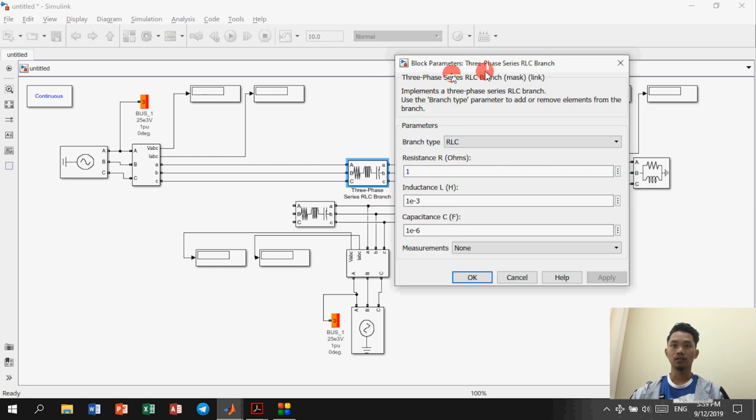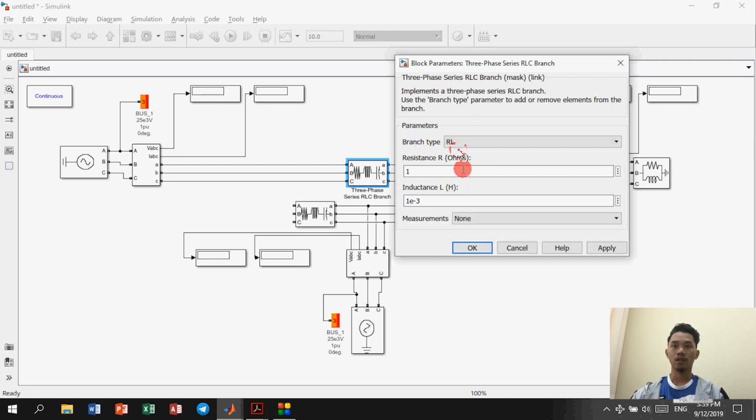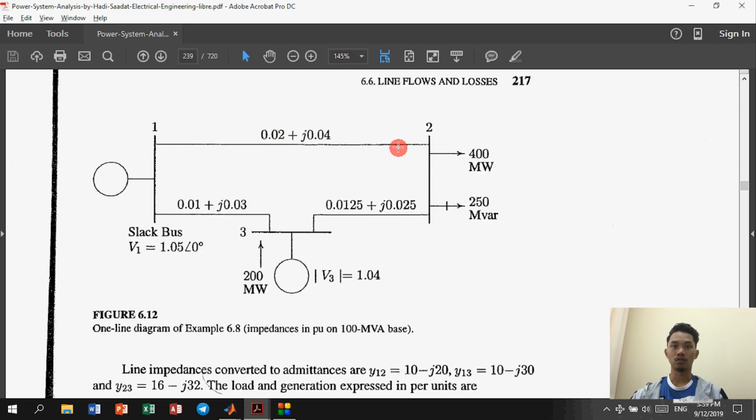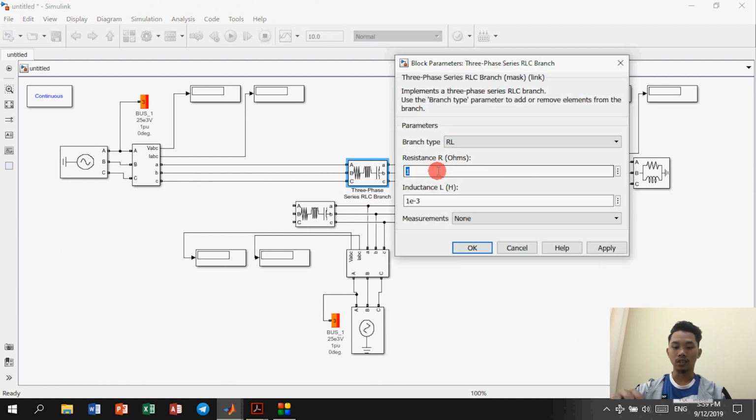Okay, for the parameter in the three-phase series RLC branch, meaning the transmission line impedance, for the branch type we use the RL. For the resistor we can refer here: 0.02 J 0.04, 0.0125 plus 0. Okay, just change it: 0.02 here, 0.04